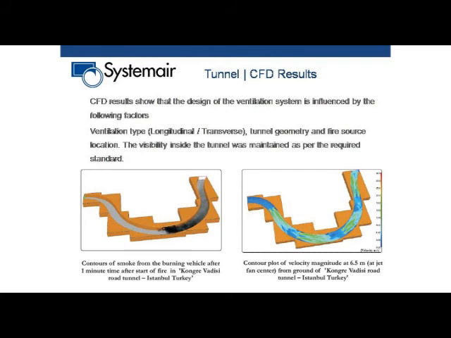We had first put all these fans in one line, but because of that the smoke was coming back. Once we did this final design, we put two fans in the same line, one after another, and then the system worked really well. There was no backlayering. It's a unidirectional tunnel, and we have to make sure that no backlayering of the smoke happens, that the smoke doesn't come back.